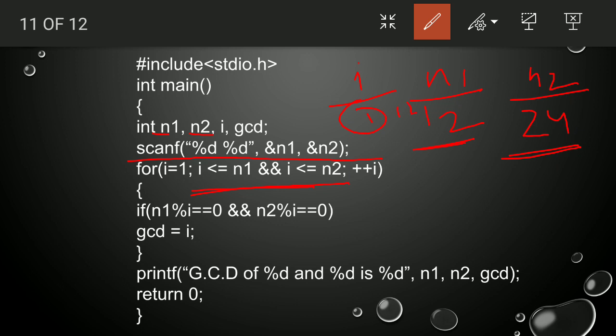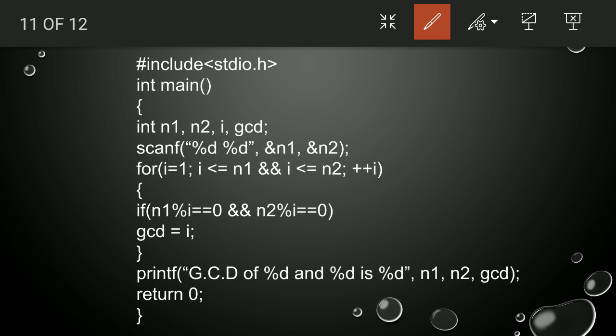I will run from 1 to 12 only, which is the lowest one, because if this AND is there, then if any of the conditions is false, it will stop iterating there. Why have we taken both? Because we don't know which one is smaller, n1 or n2. Whichever is smaller, I will be iterated only up to that.